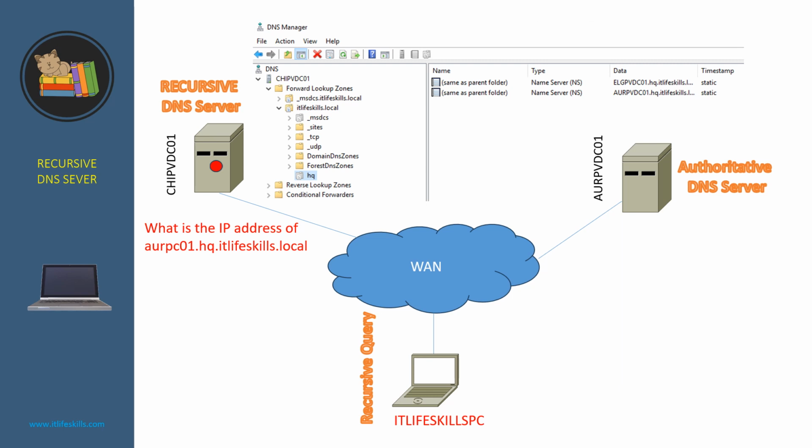The DNS server GPVDC01 checks in its forward lookup zones and finds the domain itlifeskills.local, and it finds the delegation for the child domain hq.itlifeskills.local, and it finds the records for the name server